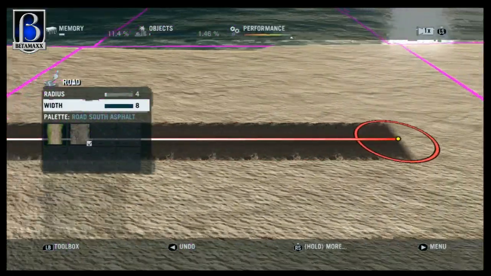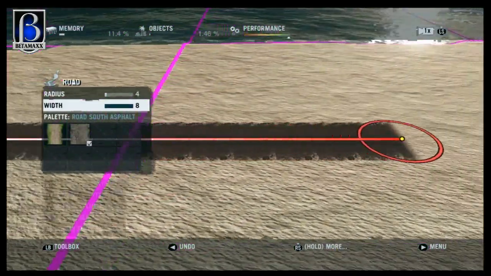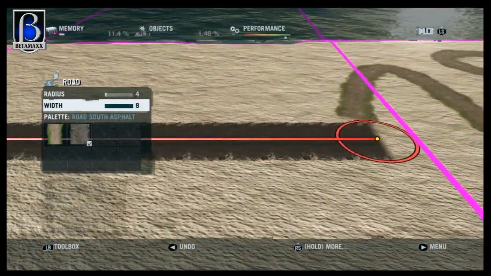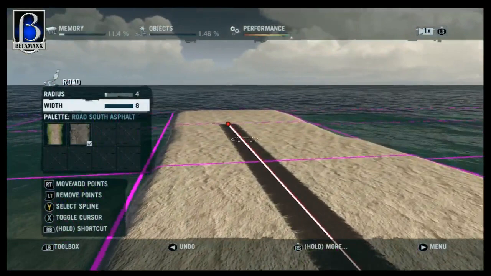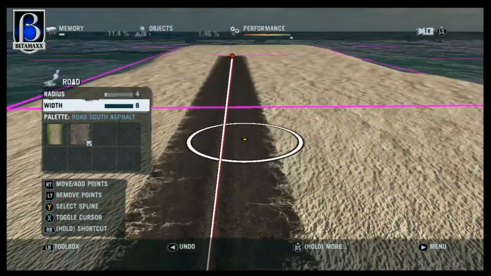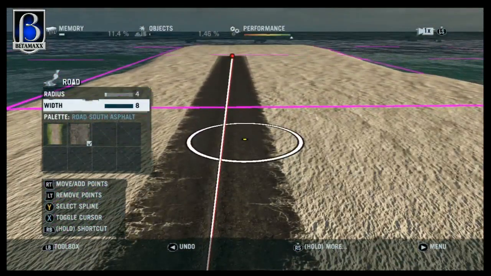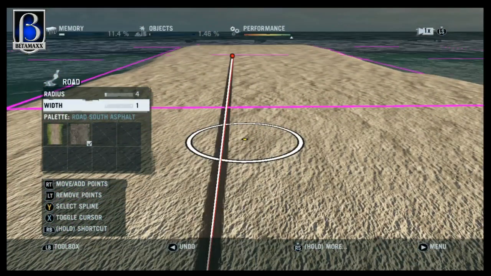drag it out, do it over to, and then we've got a road. Now it really is as simple as that. Obviously you could change the width, we'll change the width now to show you. I just think that for a road it's better to